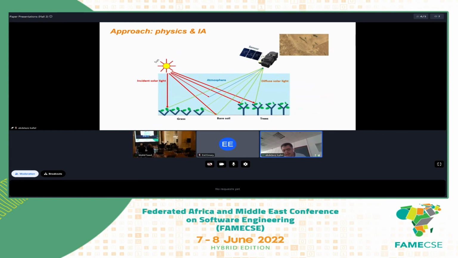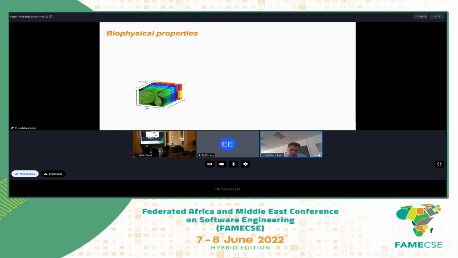Moreover, it is possible to change, for instance, the tree size, the leaf number, the leaf color, the leaf density, the soil color, etc. It is possible to construct a huge database of images. With this huge database, it is possible to use artificial intelligence to link the image to the properties of the vegetation. Then if we have an actual image, it is possible to use it as input, and the output of the artificial intelligence will be the properties of the vegetation.